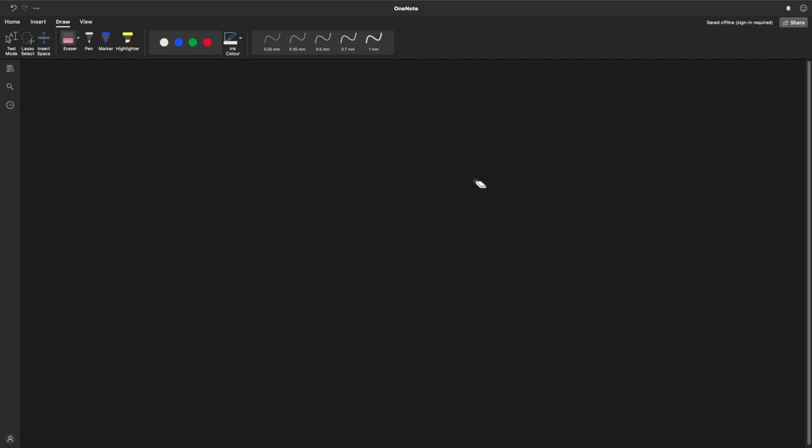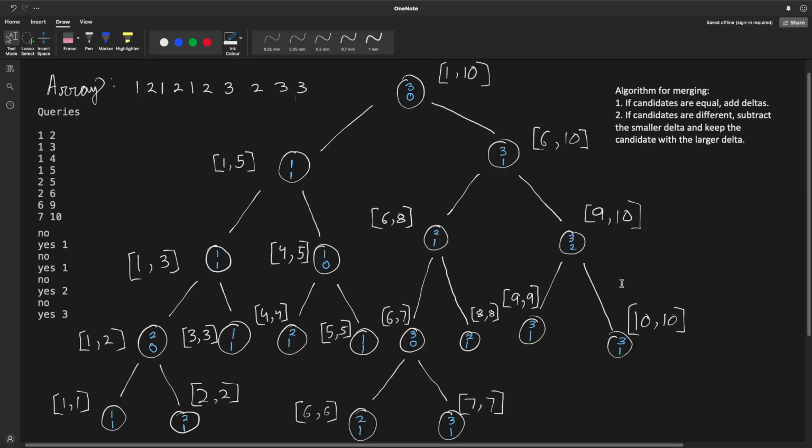And the great thing about this is that we could do this inside a segment tree. And because of that, we can also answer range queries in logarithmic time. Now let's see how we can use a segment tree to do this. So I've drawn a segment tree here where each node stores two values. One is a possible candidate for the majority in that subtree, and the other is how many copies of it we have. So initially the leaf nodes store the initial array elements with a delta of 1 because we have one copy of all of those elements.